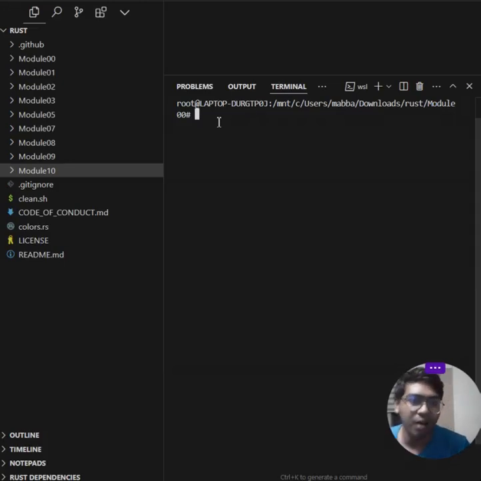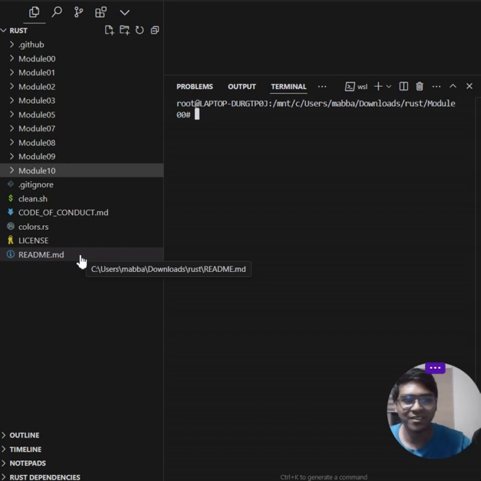Today I'm going to showcase how I built 10 modules based on Rust coding. It was a test of improving my skills in the Rust programming language, right? And here,